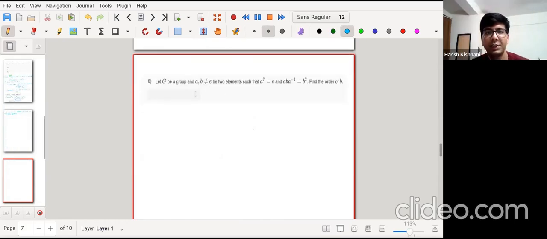So it says, let G be a group and a, b not identity, such that a^7 is identity and a b a inverse is b square, then find the order of b. This kind of question is very common. I think both of you might have seen this in many algebra books, either in an exercise or in an example. Generally, in place of a raised to 7, we have a raised to 5 in books. But if you have a raised to 7 equal to identity and with the same relation, you can solve it in a similar manner.